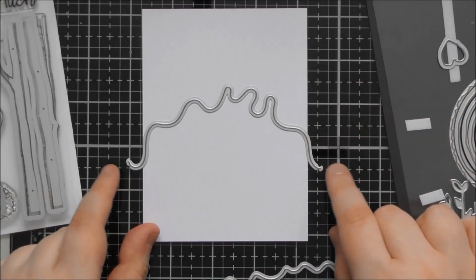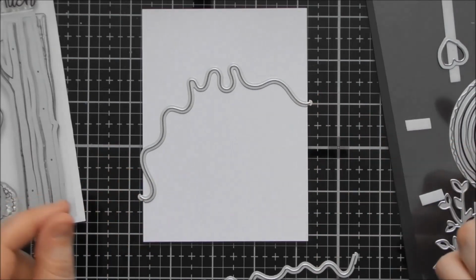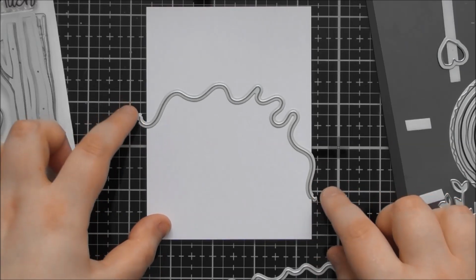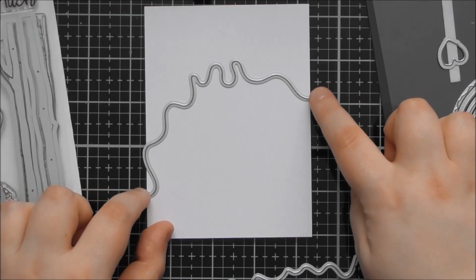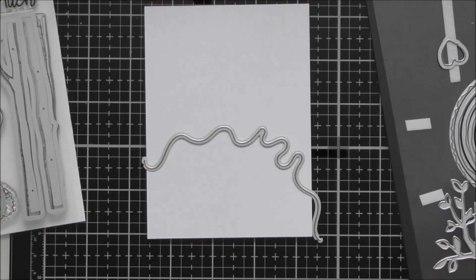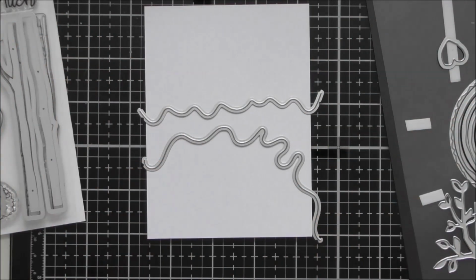They've made them slightly wider, so you can actually cut them at a diagonal if you want to as well, to create an even cooler drippy effect. But you can then also layer them and they look a bit different. So you could cut one this way, and then move it down and cut another one this way, and you could even have this drippy one in the middle, and it gives a completely different kind of drippy